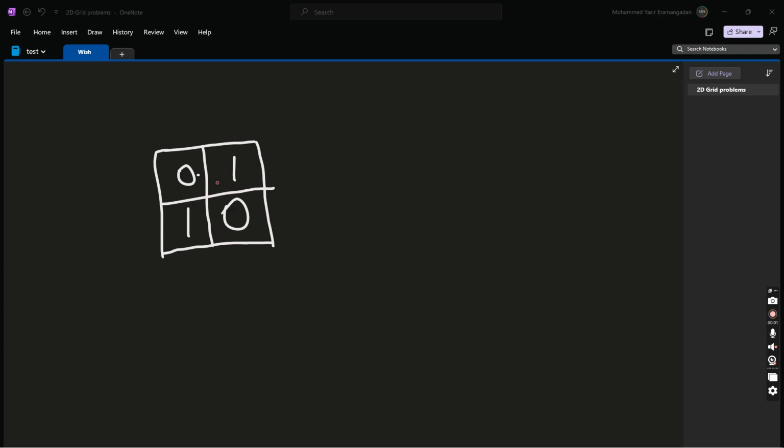In this problem, you have a binary grid. You want to measure the shortest zero cell path from the top left corner to the bottom right corner. You can travel in all directions. You can go right, down, up, left, and you have all the other